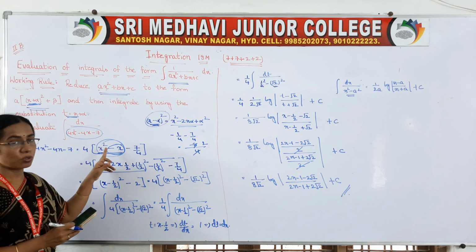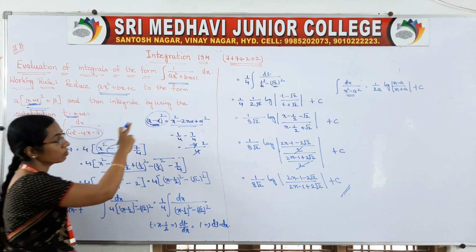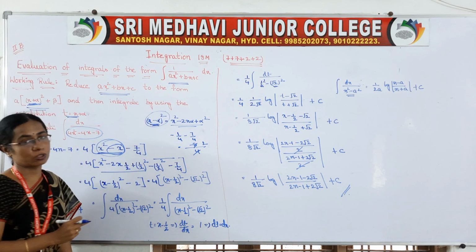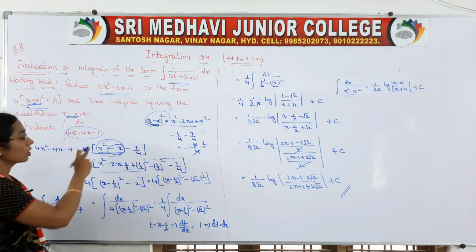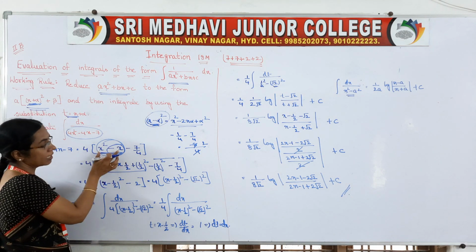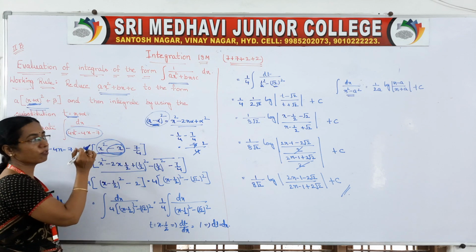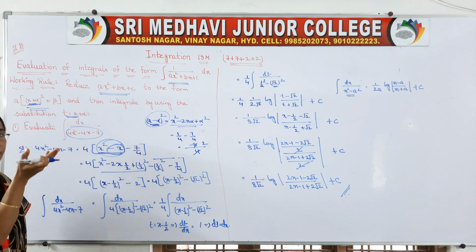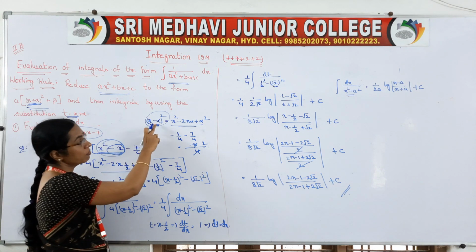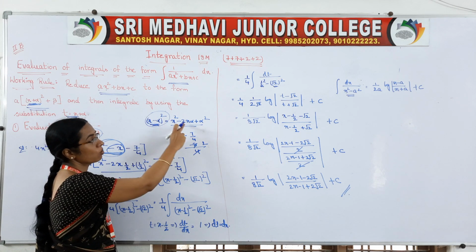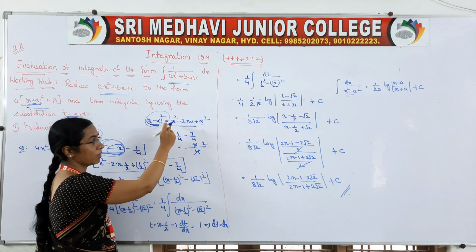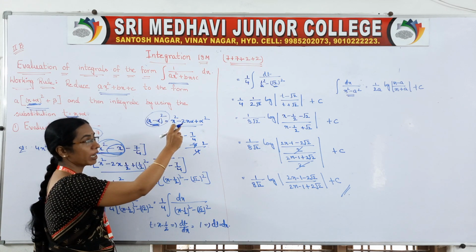In the middle, suppose the sign is plus, you have to take x plus alpha whole square. Okay, so come on, try to write this into x minus alpha whole square form. Alpha can be any number. But when we write x minus alpha whole square, if it is of the form x square minus 2x alpha plus alpha square,